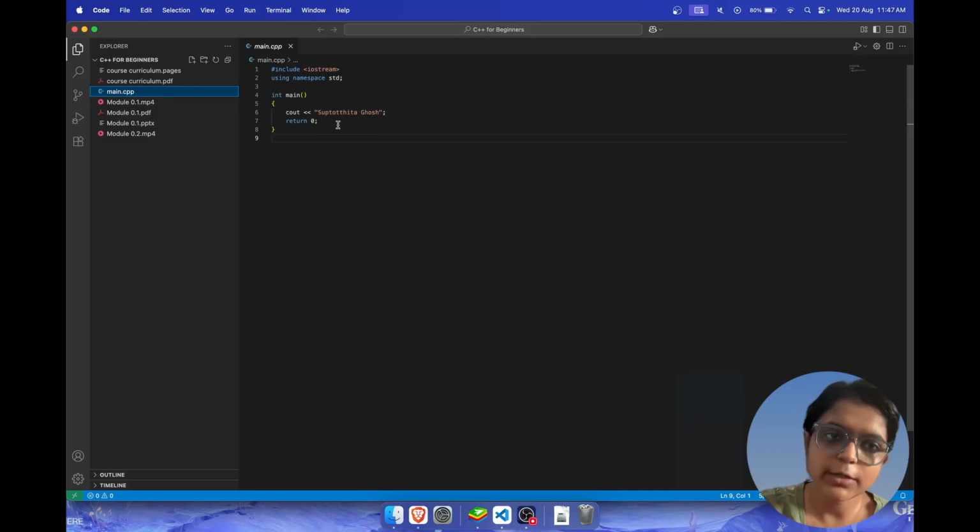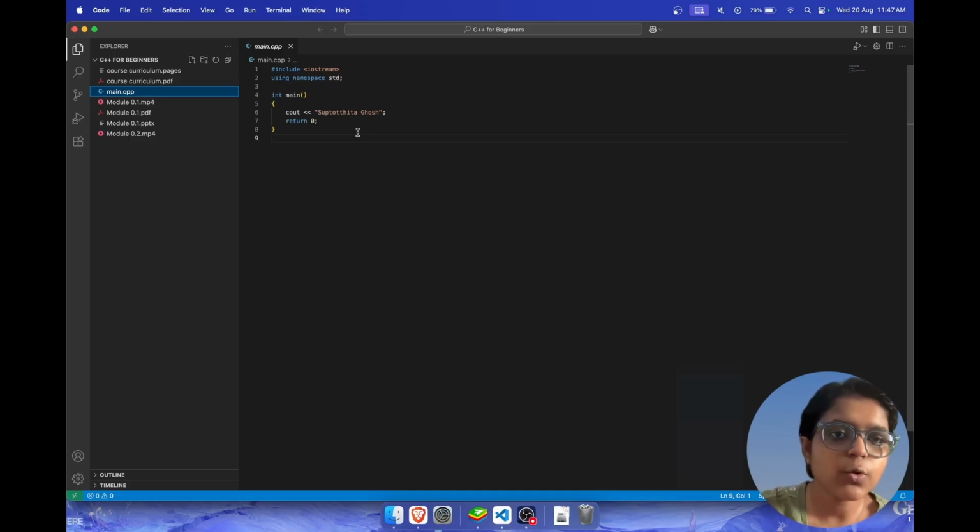So hash include iostream. This basically tells the compiler to include the input output stream library, so we can use cout and cin. Cout is the statement that helps you display the output, and similarly, cin is the statement that lets you take in the input from the user. We'll come to that later.